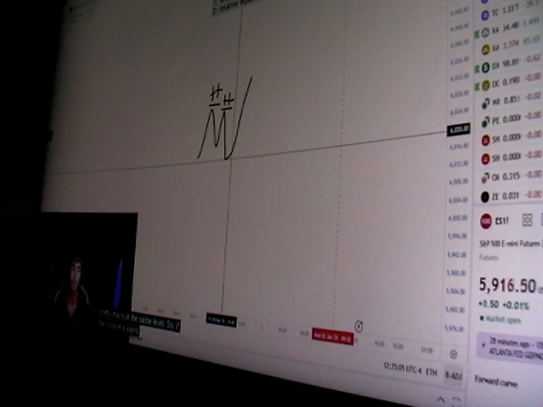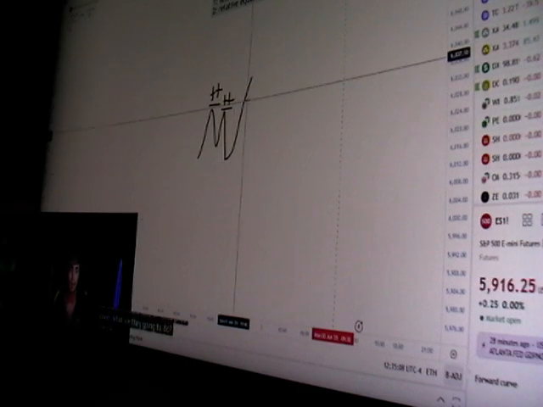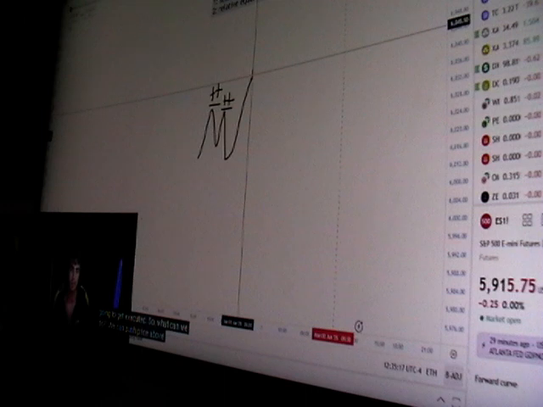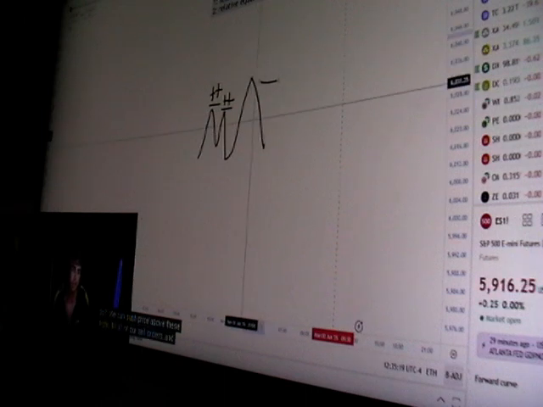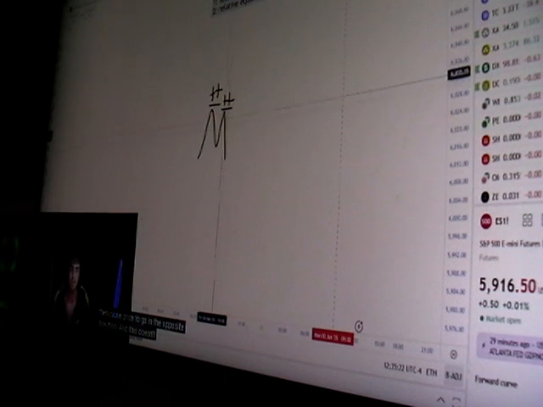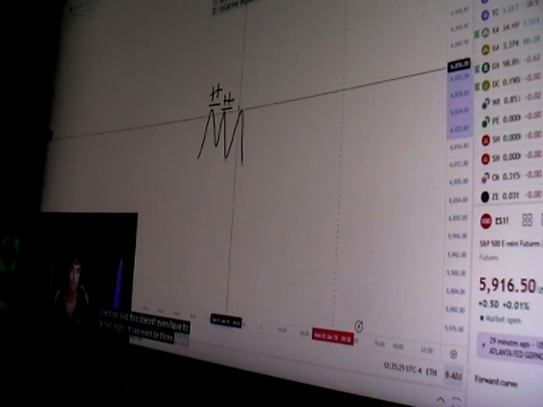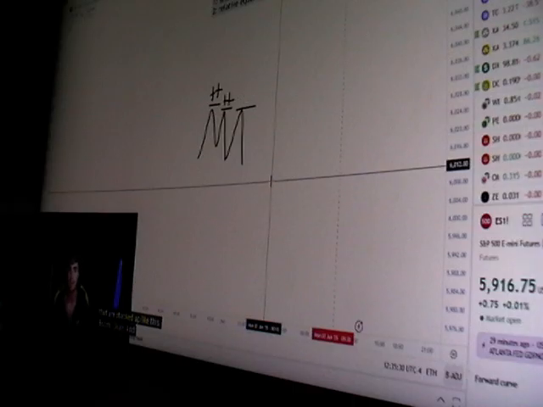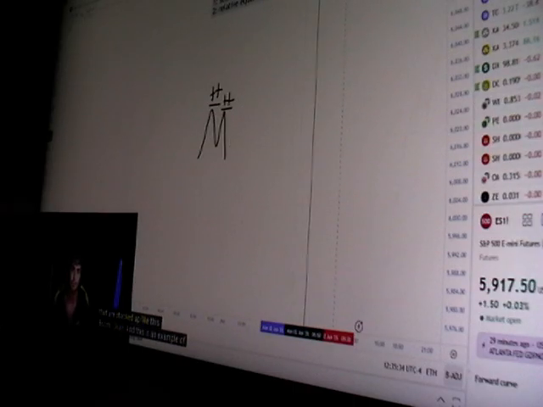So if the market makers want to move price lower, what are they going to do? They're probably saying, this is a super juicy area where there's a whole bunch of buy orders that are going to get executed. So what can we do? We can push price above these highs, fill all of our sell orders, and then cause price to go in the opposite direction. And this doesn't even have to be two highs. It can even be three highs that are stacked up like this. Boom. And this is an example of low resistance liquidity.